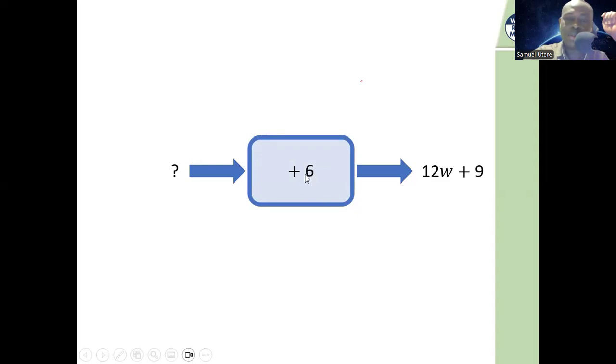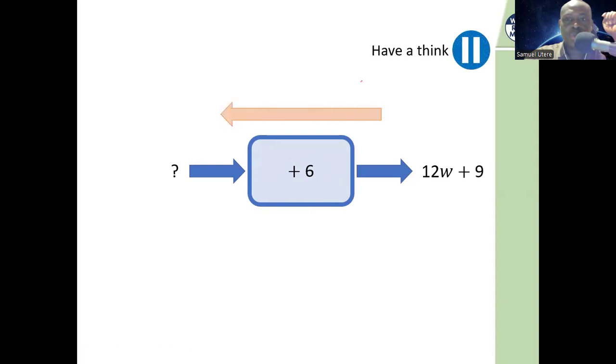So the inverse, remember the inverse of adding 6 is to subtract 6. So it means we need to do 12w plus 9 minus 6. So if we do that, you would see this happens, so that we'll know exactly what was put in. So if we do 12w plus 9 minus 6, okay, remember